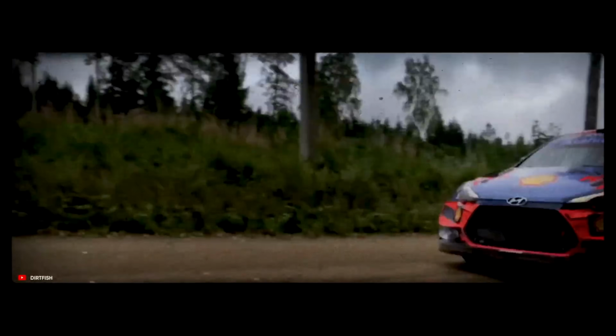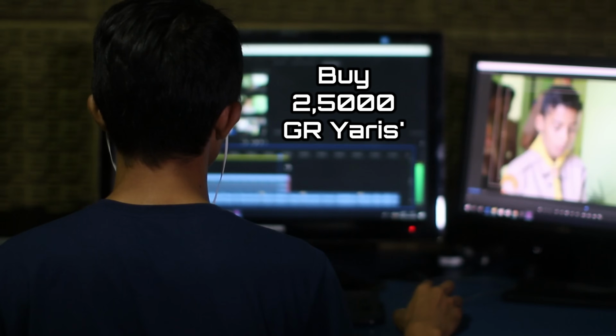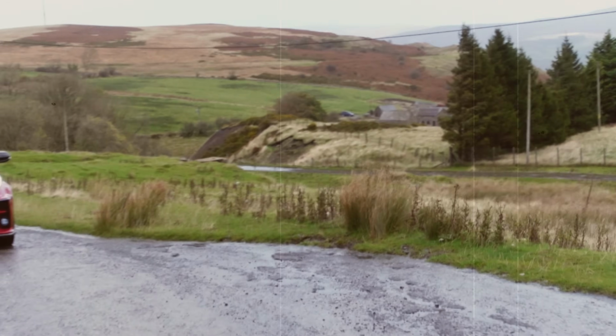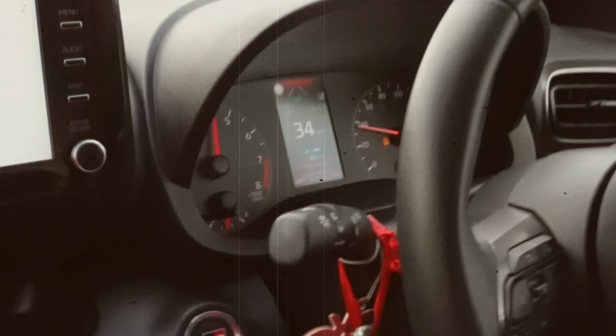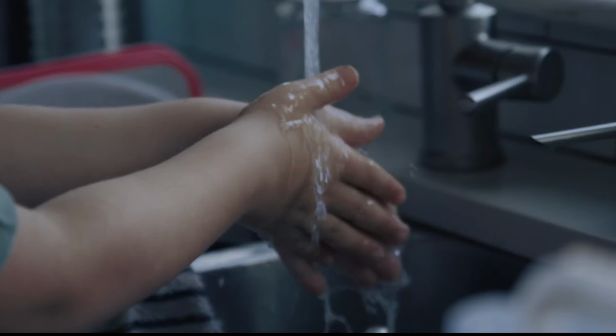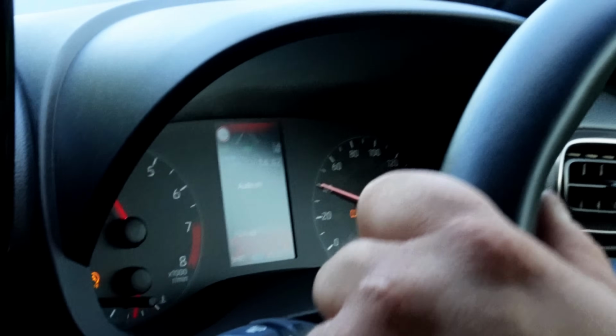The WRC rules state that to enter the car for rallying, 2,500 units must be sold to the public within a given year. So yes, the GR Yaris is a homologation car, meaning it was literally developed for racing. The GR Yaris was being developed during 2019, but thanks to COVID, the WRC plans were scrapped. However, Toyota still decided to release the GR Yaris to prove to the world they could still produce an epic